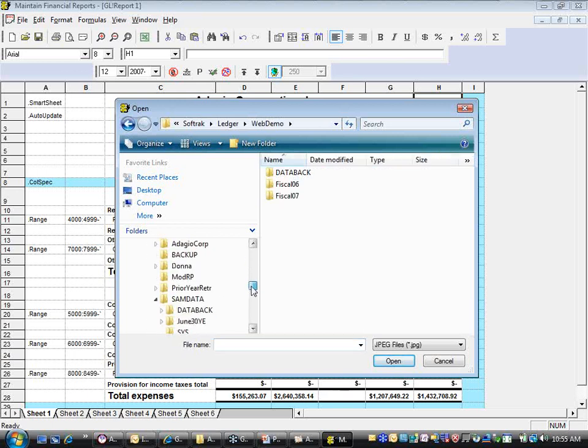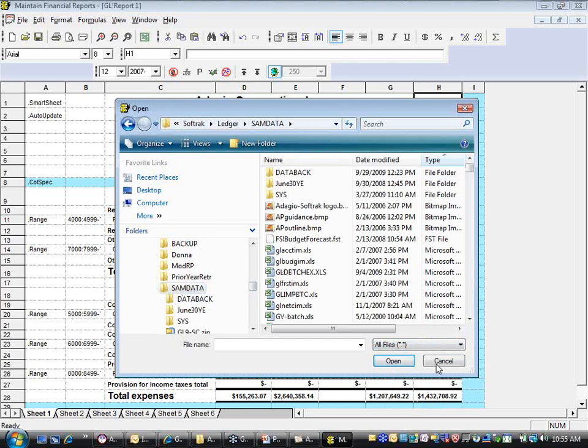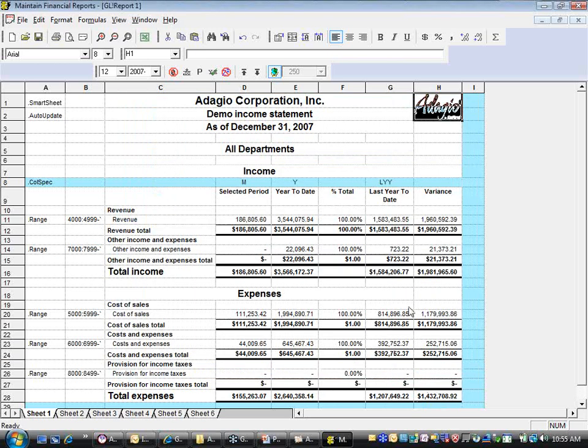I guess I must have removed them from the location that I had them from. That's interesting. And you can see that we support all sorts of different graphical files. So there, when we insert the logo, it resized the logo to fit into our merged cells. And so therefore, this is a way that you can have a logo that spans multiple rows or multiple columns,